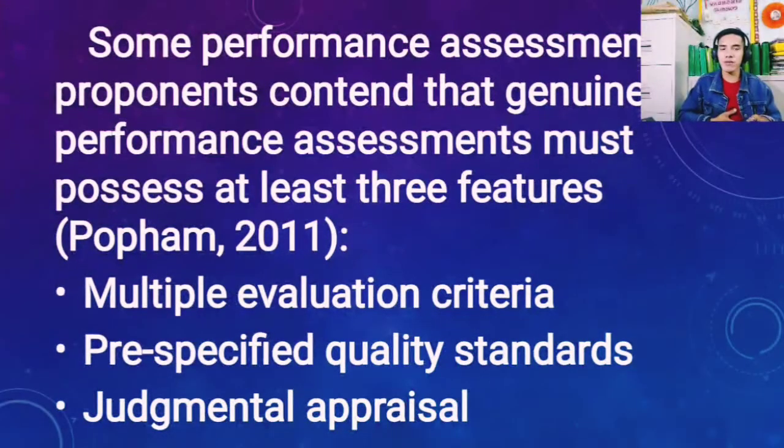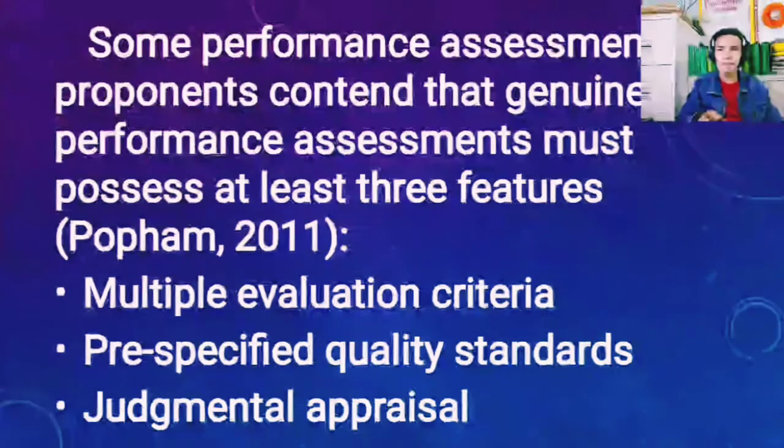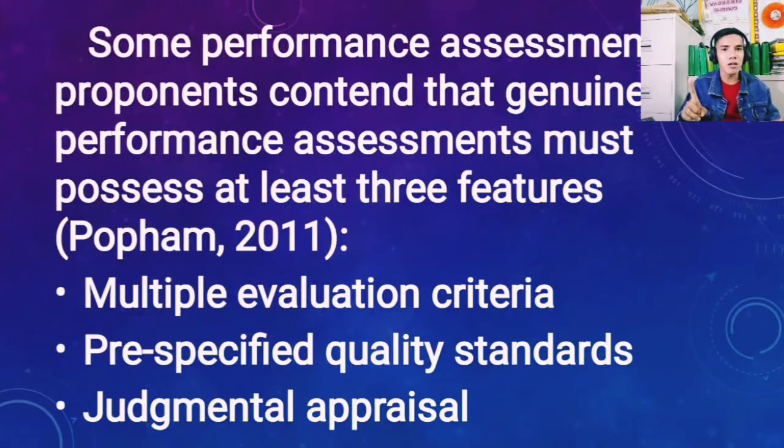Okay? Next is pre-specified quality standards. There are standards already set. You cannot give a performance task without having set standards. What standards do you want the learner to achieve? Okay? Next, judgmental appraisal. When we say judgmental appraisal, from the word judgment, we see, okay, the child did great. What was shown was beautiful. With judgmental appraisal, even if you show it to others, they will also appreciate that this group is really good. Generally speaking, for example, if there are many groups in a group activity and all groups have presented, someone can say that one group is the best. And that is what we call judgmental appraisal. Okay?